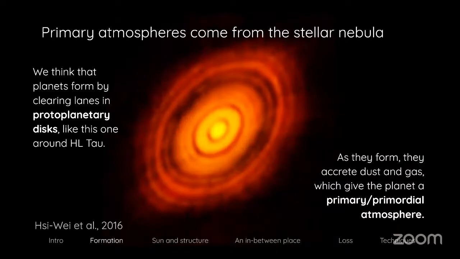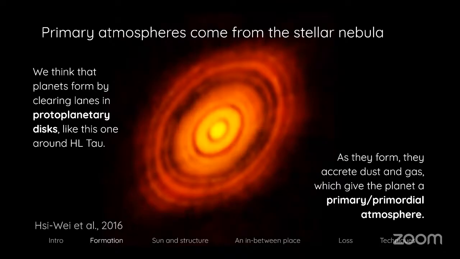So now we're going to go on to thinking about how atmospheres form and how that process works. So we think that there are two different types of atmospheres. First one is this idea of a primary primordial atmosphere. So when planets are forming in these clouds of gas and dust and maybe even rocky mineral material somewhere in the universe or the galaxy,